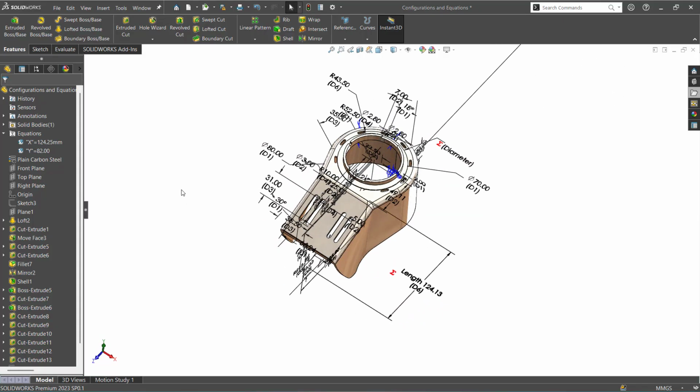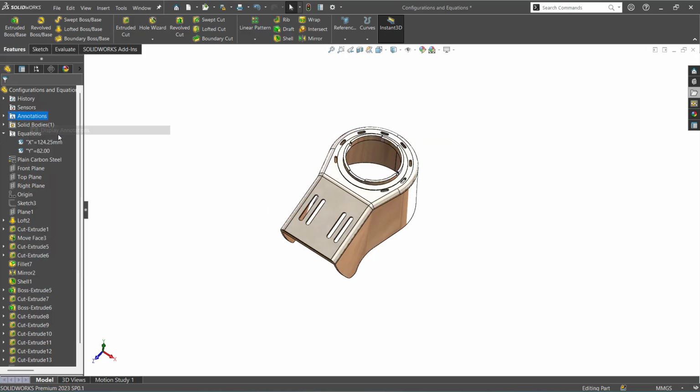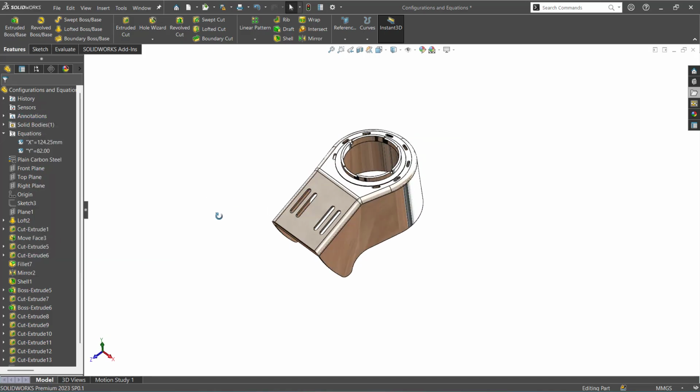Now this is all about the global variables and equations. Any doubts? No. Okay, good. Let me hide all the dimensions. Now we'll focus on